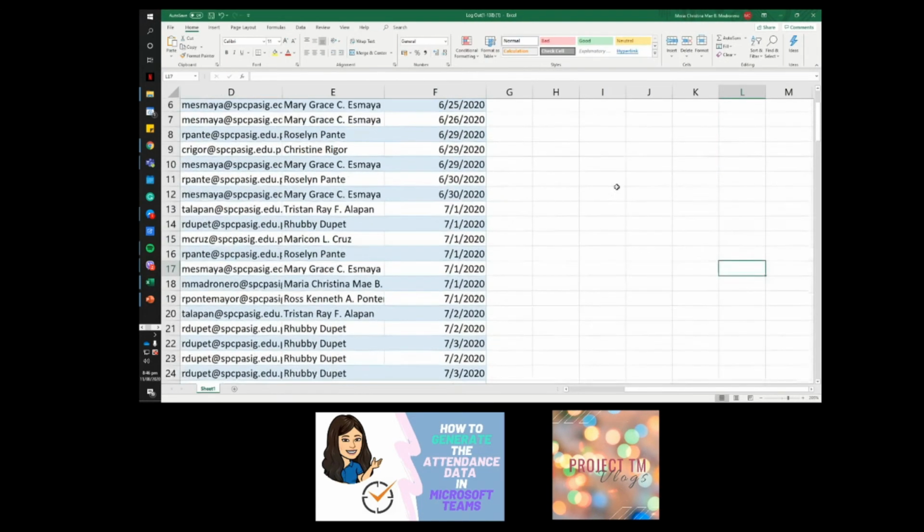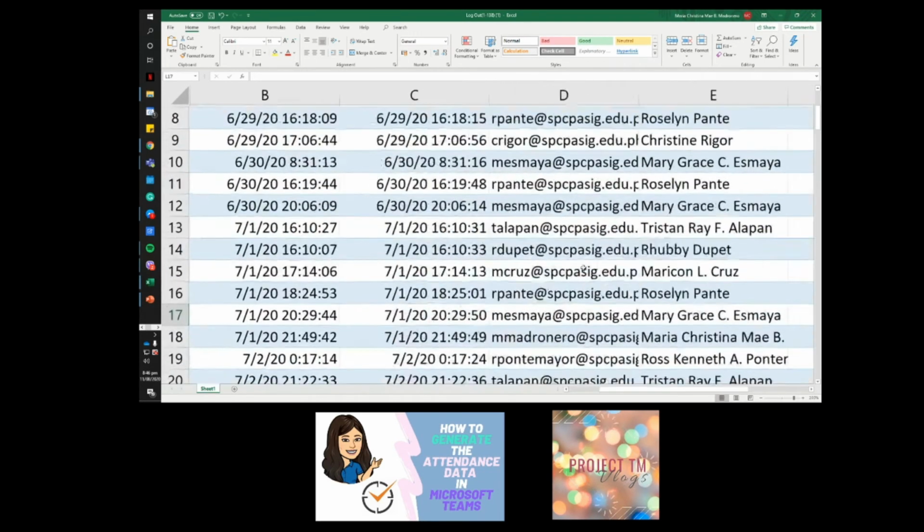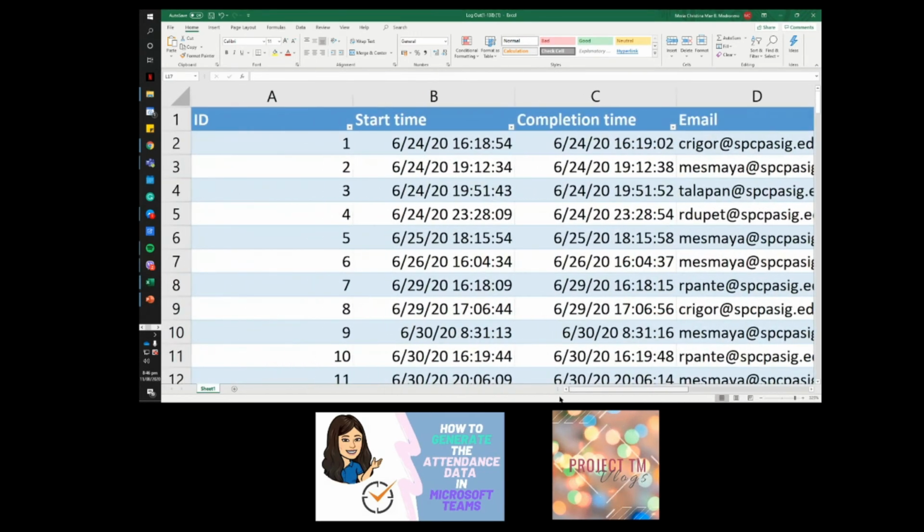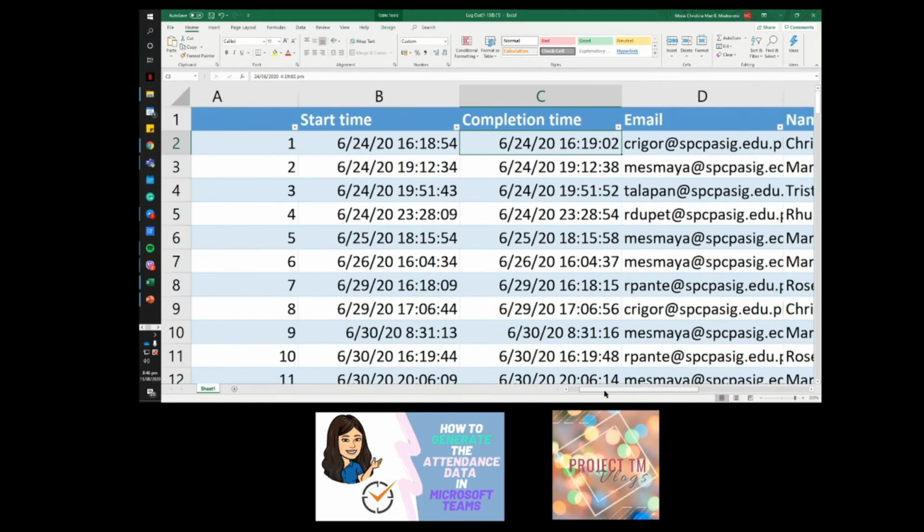So in the TLE area, as you will see, number one is the ID. These are the number of students or employees. In this case, these are employees, so this is their order. It seems that C. Rigor is the one who logged out first, followed by MS Mayat, then T. Alapan, and so on and so forth. The start time is the time that they click the particular data in their logout, and the completion time is when they click the